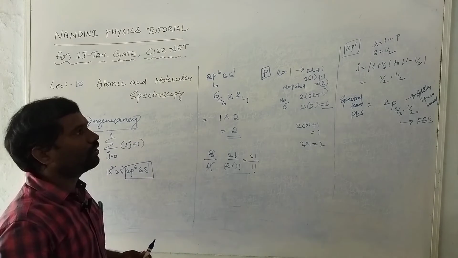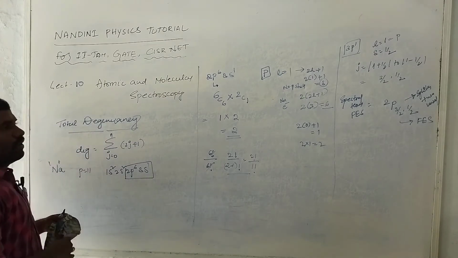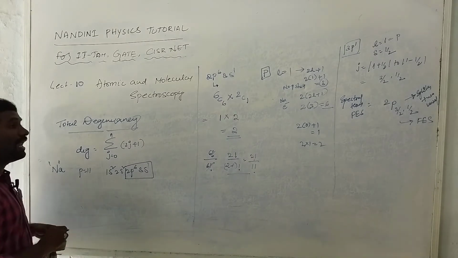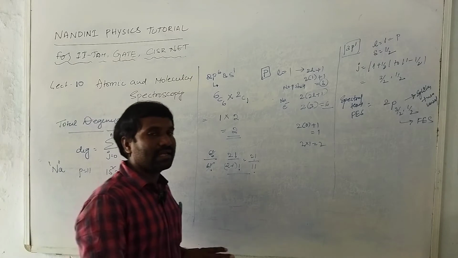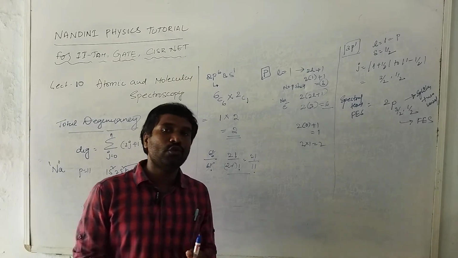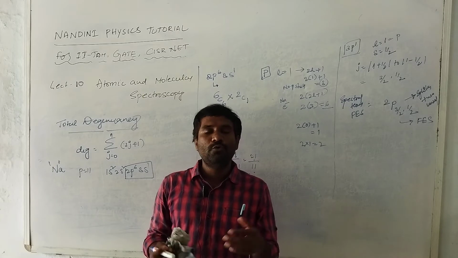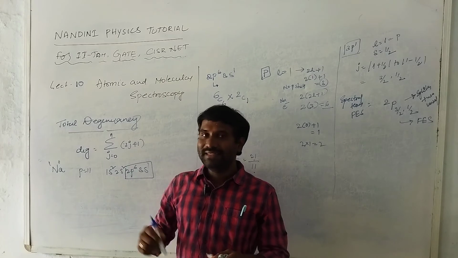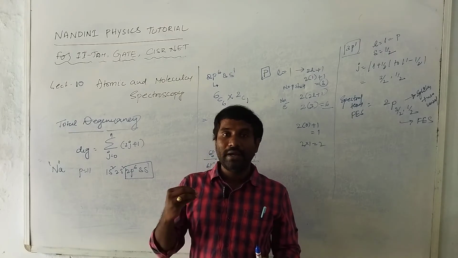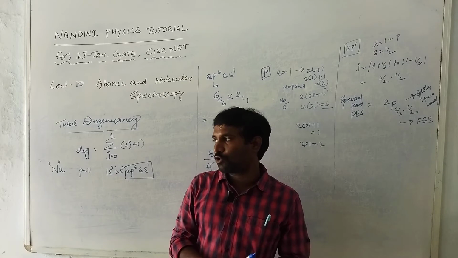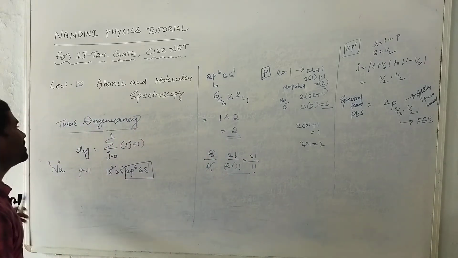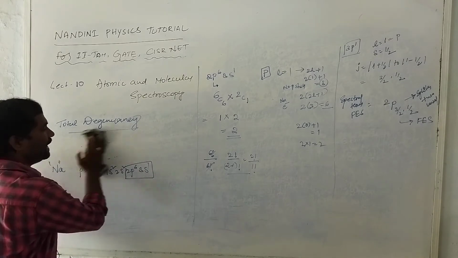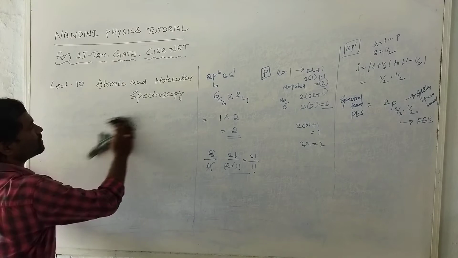So this is all about this theory right now. Shall we move to another topic, that is equivalent electrons? In the previous class I explained non-equivalent electrons and how to find the spectral terms for them. Now in this case I will explain how to find the spectral terms for equivalent electrons. That is our aim. This is the theory about how we solve the problems. Right, so the next concept: equivalent electrons.